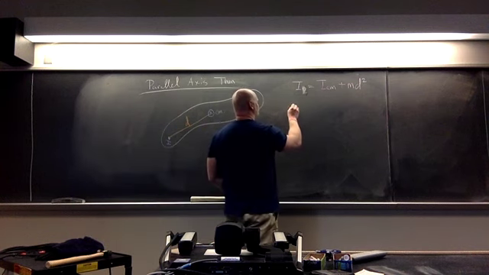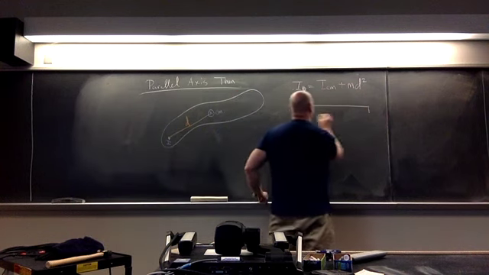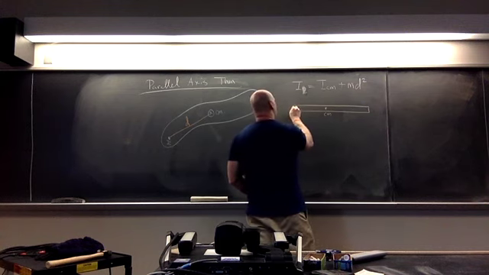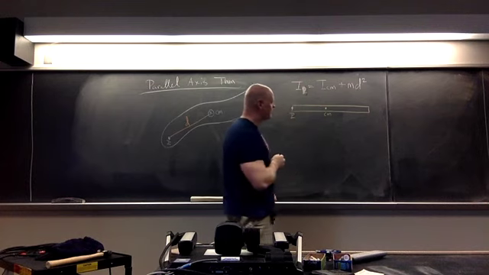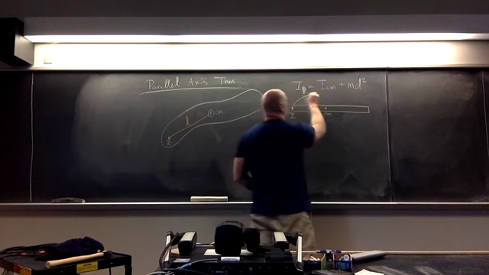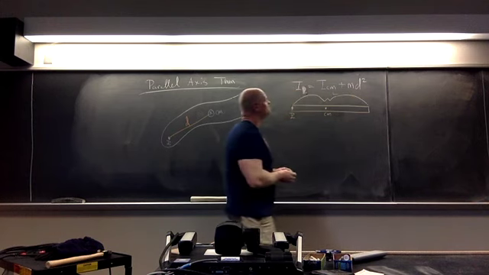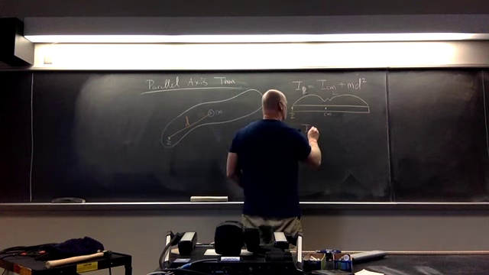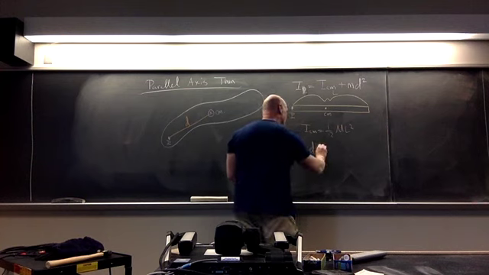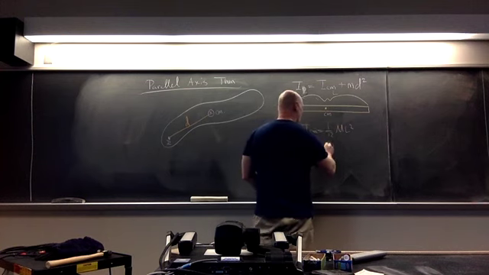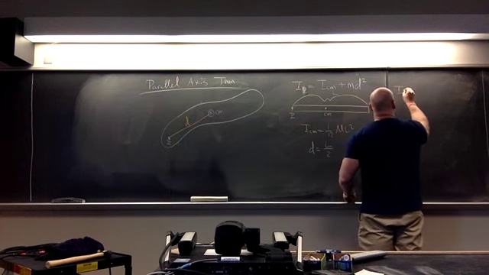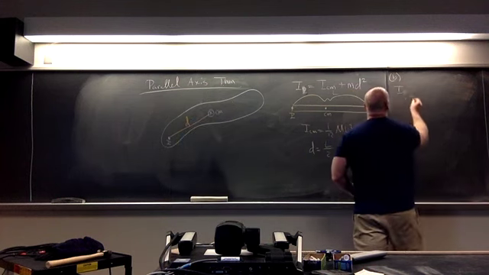So what this means then is that, if we go back to our thin rod, so here's my thin rod. Again, this is my center of mass location. This is the point P. Now we want to find the moment of inertia about it. And again, this thing has a length of L. So in our case, we know that the moment of inertia about the center of mass is equal to 1/12 the mass times the length squared. The distance from here to here is simply half the length of the rod, so this is going to be L over 2. So according to the parallel axis theorem, the moment of inertia about the endpoint is then